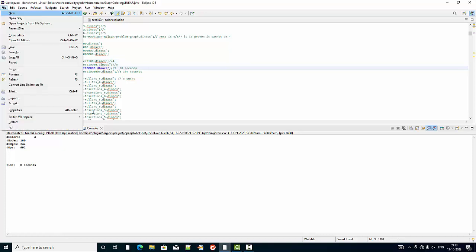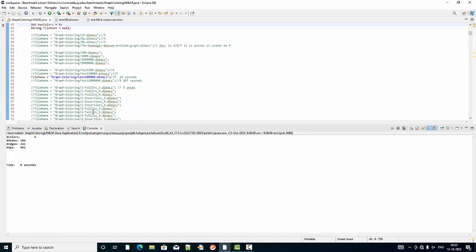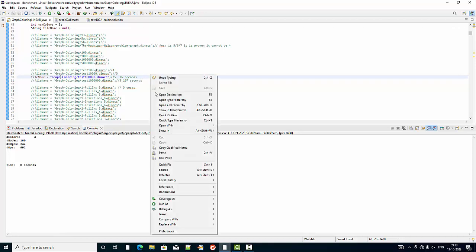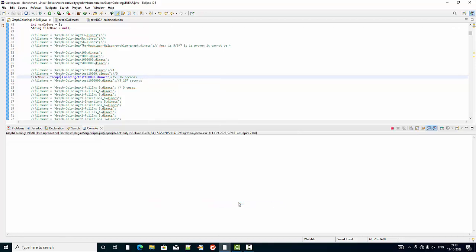Let's try a larger problem. I am going to set the maximum number of colors to 5 because it is unsolvable with 4. Finding the chromatic number of an arbitrary graph is NP complete. Okay, so let's run this. So number of colors is 5, number of nodes is 1 lakh, number of edges is whatever,